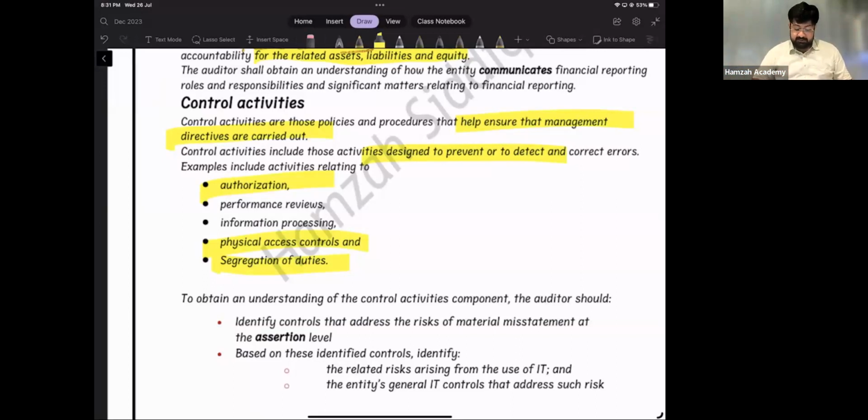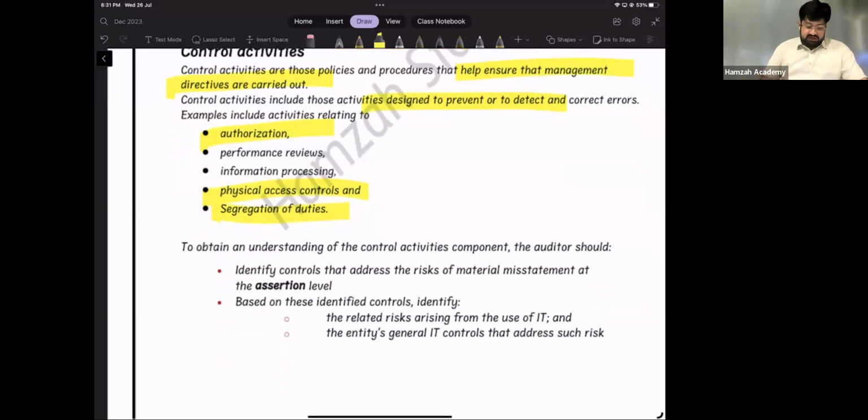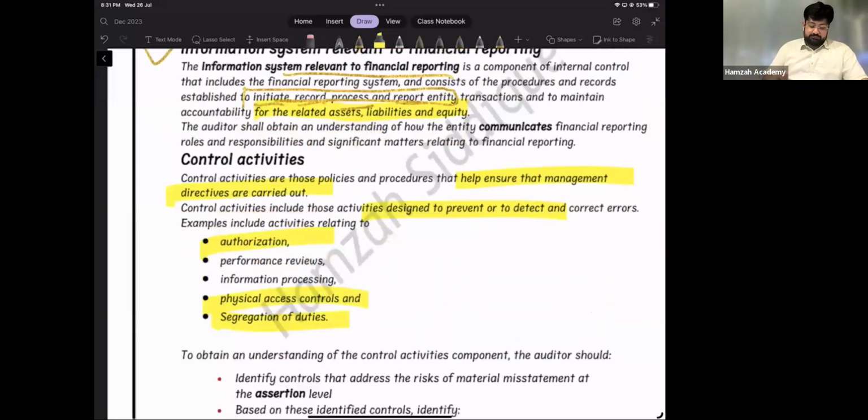Now, students, this is called segregation of duties, that you divide a transaction and break it down into small parts. So let us proceed further. The next point is